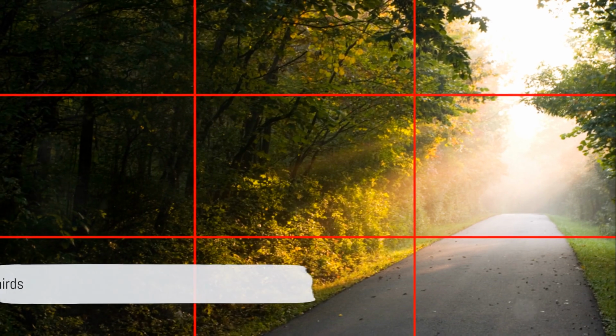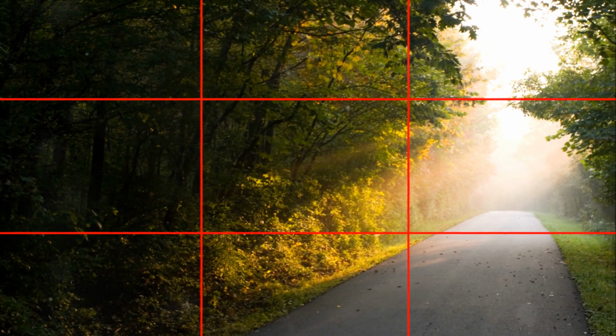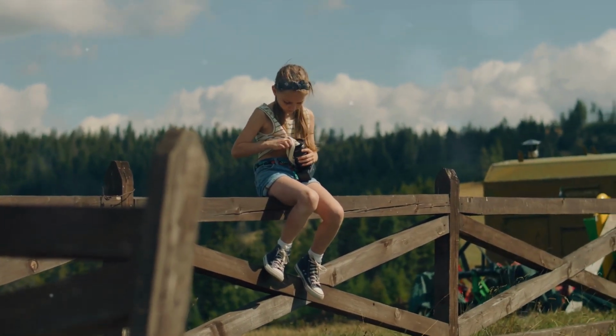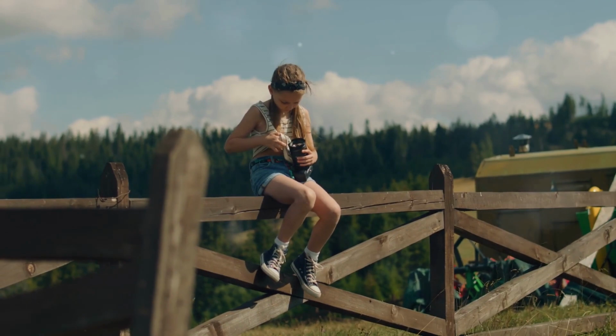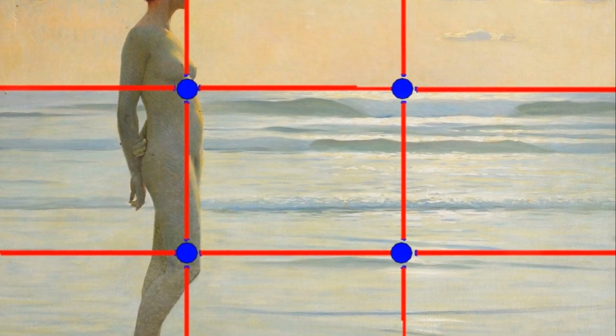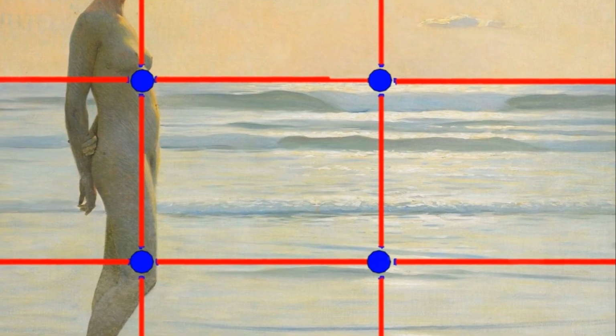Get ready for an absolute game changer in the world of composition, the rule of thirds. You won't believe this easy yet striking design principle that every photographer should have in their bag of tricks. Picture cutting your image frame into 9 equal parts, just like a tic-tac-toe grid, forming 2 horizontal and 2 vertical lines. These lines, along with their intersection points, become your prime real estate for placing the key elements of your